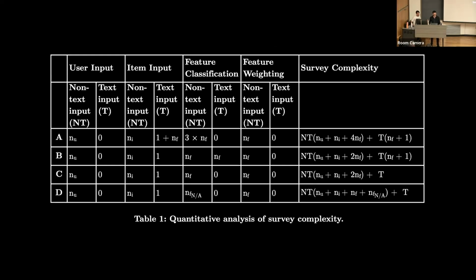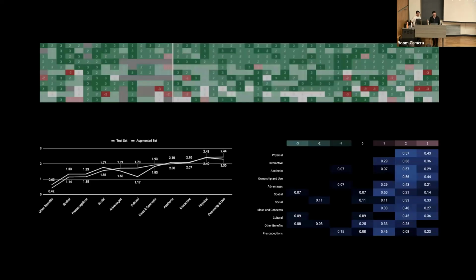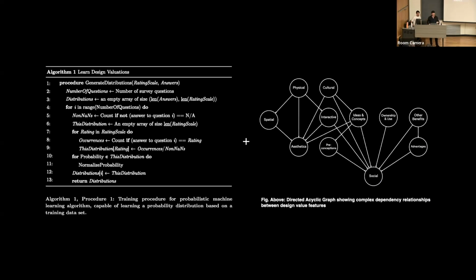And we did this because there really isn't an abundance of research or data available on this topic. What we end up with is a quantitative vector representation of how people value and conceptualize design, which, while not 100% comprehensive, is a step forward, allowing us to develop a rudimentary predictive algorithm that performed remarkably well when compared to real-world data from users. In future work, I hope to build on this, incorporating dependency relationships between the various design attributes of an artifact, as shown here in this directed acyclic graph.